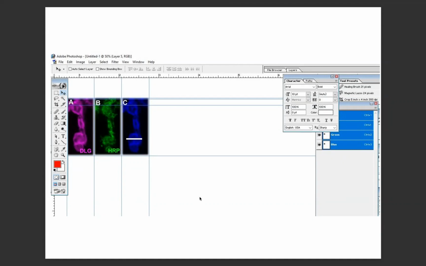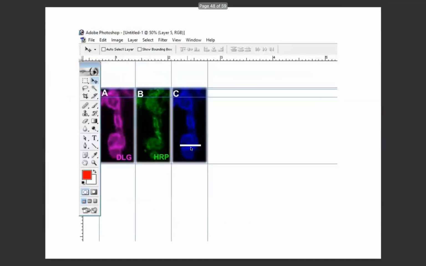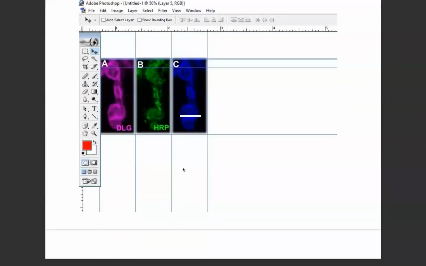Just click here and just drag here and there. Finally, it will come, and just drag to here. Now the scale bar is a little bigger. Now the scale bar is for 2.5 micrometer. So okay. If you want to make a bigger size or smaller, thinner size, you can also do that.